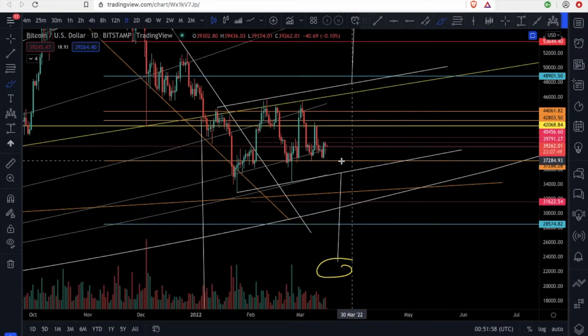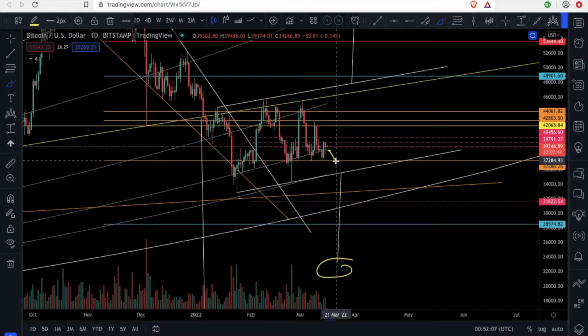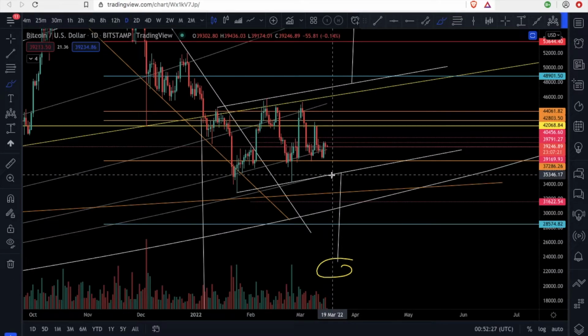So if this support doesn't hold, expect immediate support around this $37,284 level. That will be very strong support. This is a Fibonacci retracement, the 0.786 Fibonacci retracement. Again, the strong support will be around this $37,285 level right there. And if that doesn't hold support, expect the Bitcoin price to find support around this